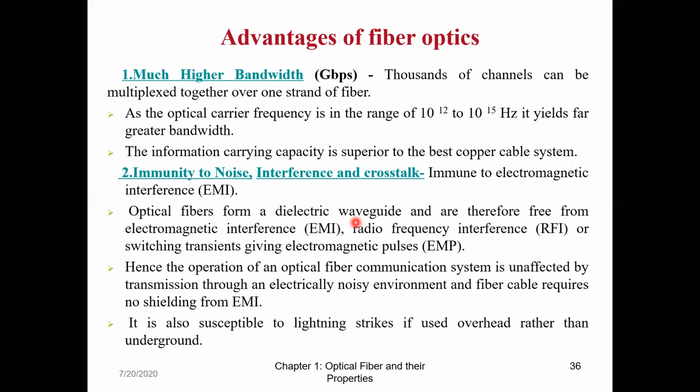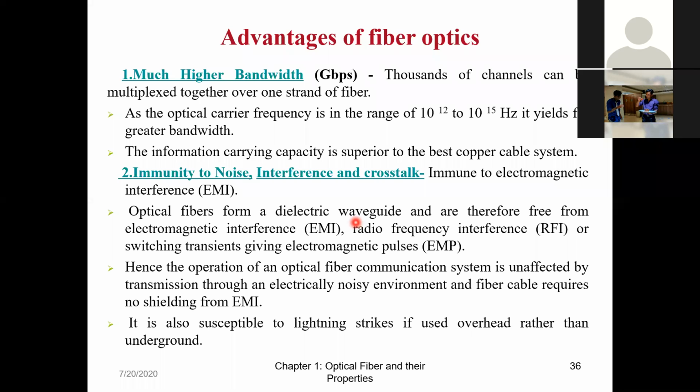Now, if I just tell you about the structure of fiber optics, what is there in fiber optics? Light is propagating through the fiber. Now, which part of the fiber? Inside, already you people might be aware, and we will be studying it in detail later on. So light propagates through the core. Core is made up of glass. Outside the core, I have the cladding, and after the cladding, I have the jacket. And around the jacket, I have a series of protection for the fiber cable.